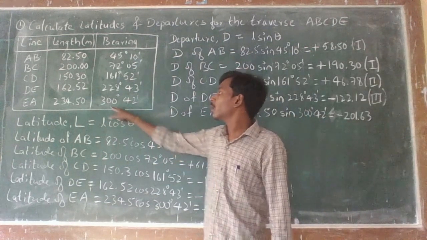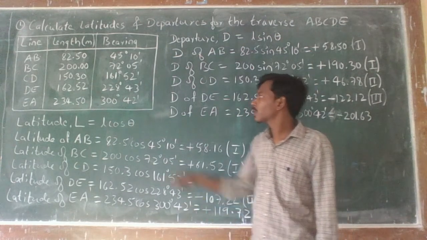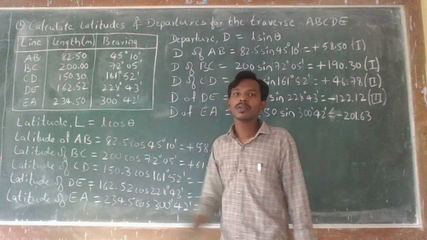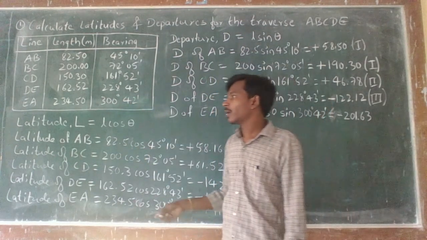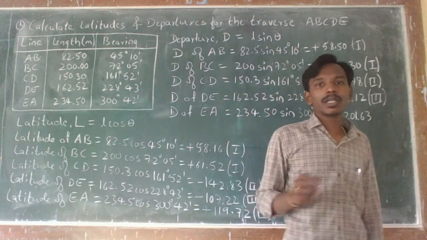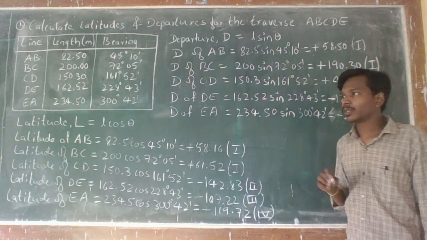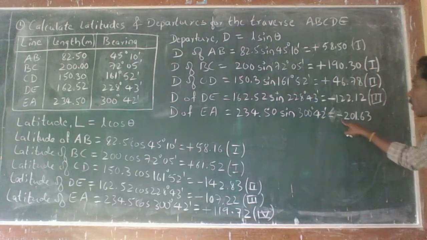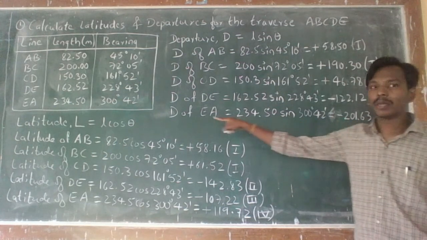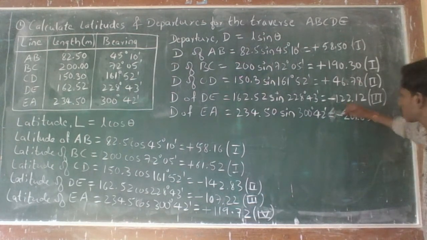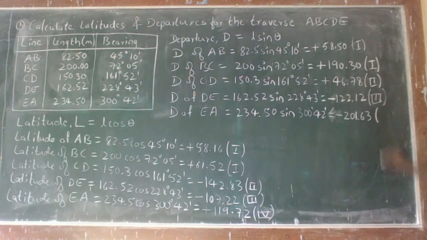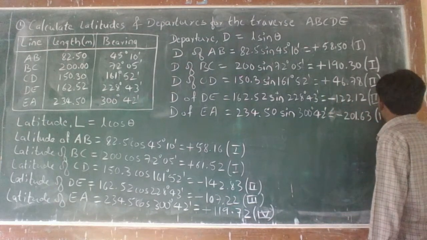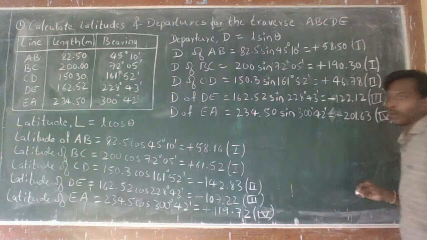So look here, the bearing is 300 degrees 42 minutes. So the bearing 300 degrees 42 minutes lies in fourth quadrant. Here in the fourth quadrant, always departure runs towards left side, which means towards west. So that is called westing. So we have to take the sign minus for the departure. So keep the minus as it is. Now write the quadrant. So 300 degrees comes in fourth quadrant. So write fourth quadrant in the brackets.